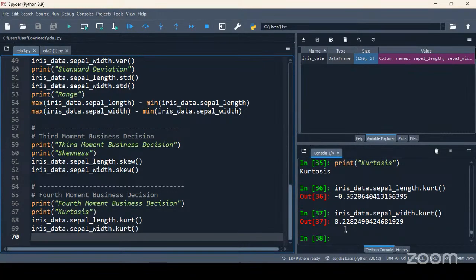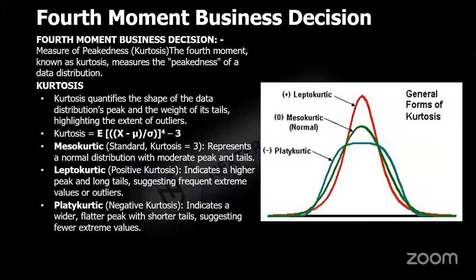Making sense? Yes. So that is the purpose of all the four moments: first, second, third, and fourth moment. We repeat. The first moment measures the center value.